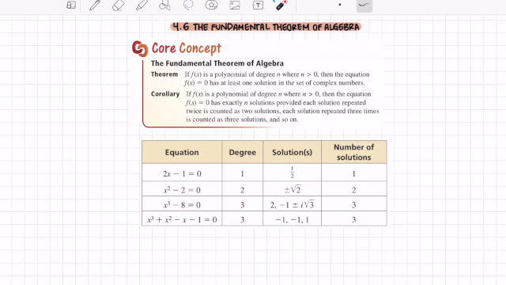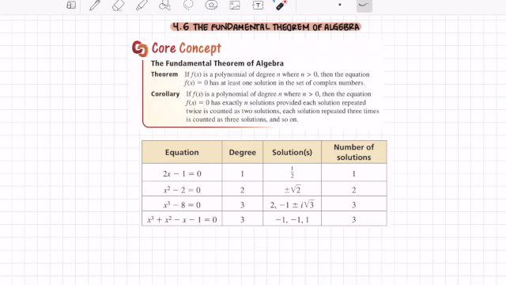We also get negative 1 plus i times square root of 3, and we also get negative 1 minus i times square root of 3. So that shows 3 solutions. Last one, again, the degree is 3, and so we received 3 solutions. That helps us get a general understanding of how many solutions we should receive whenever we're factoring